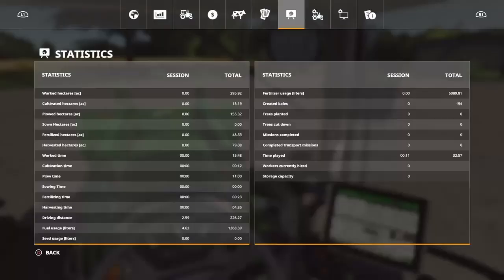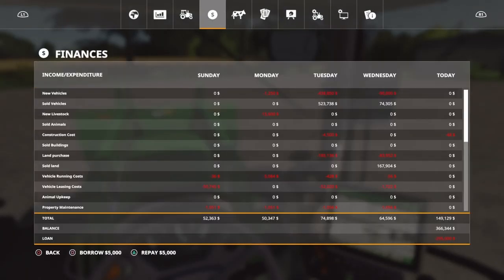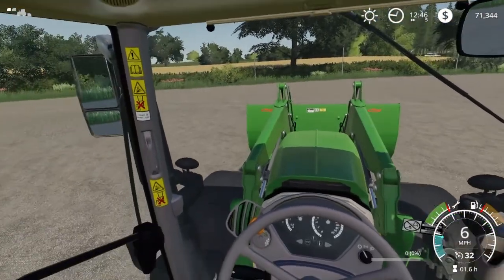Much better. Alright, let's pay our loan off. $295,000 is what we owe, so let's go ahead and pay that down and see what we end up with. Boom. Now we're broke again. But